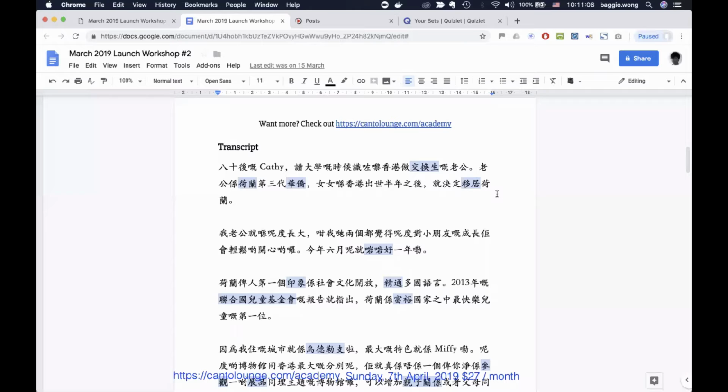So continuing, 我好鍾意小朋友. I personally really like children. 即係都想組織大家庭嘅. I also want to organize, or in this case, to build up a big family. 咁我覺得呢度, so I feel that this place, this place being Holland, 有足夠嘅空間, so there's sufficient space and 同資源 and also resources 可以俾我做呢一樣嘢嘅. So there's sufficient space and resources that allow me to do this. This meaning this, right? To organize, to set up, to build up a big family.